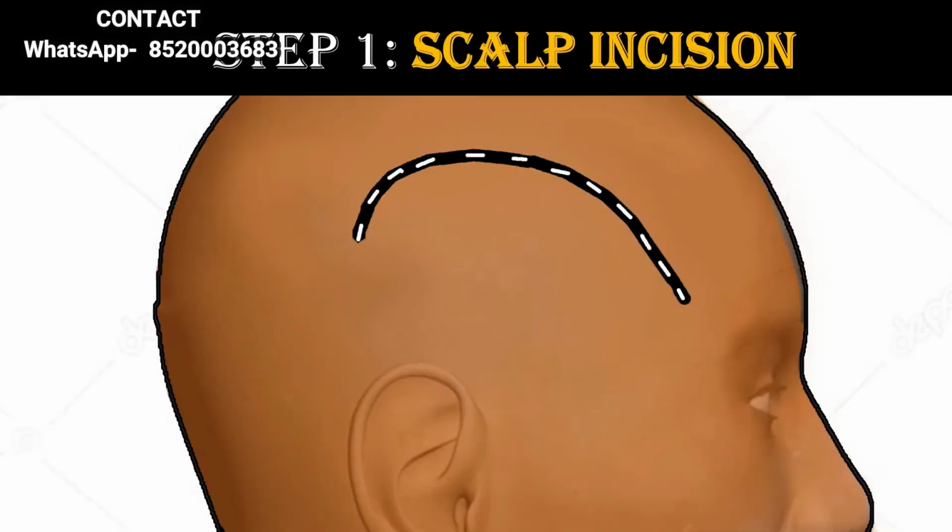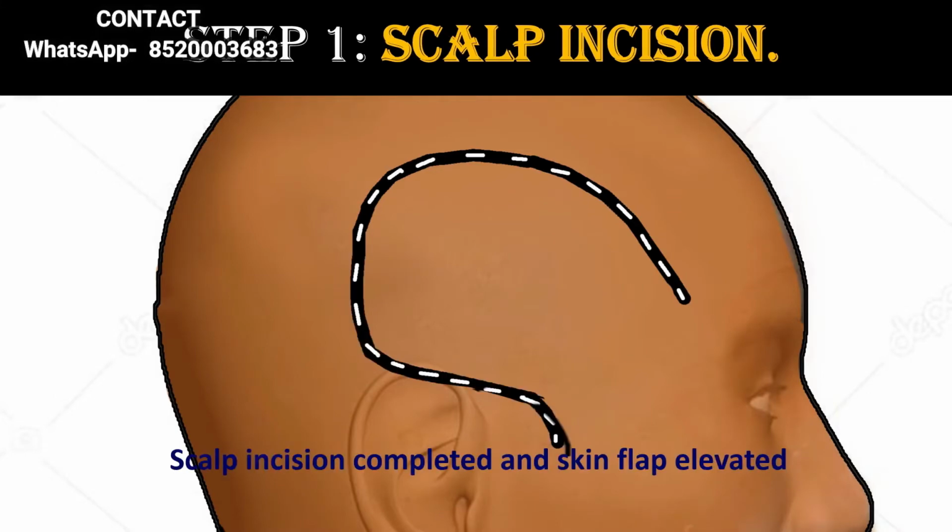So now let's come to the actual procedure which is done. The patient is given general anesthesia. After giving general anesthesia, the first step involves raising the skin flap. So the surgeon starts taking a skin flap. In taking the skin flap, the surgeon correlates the MRI finding. He correlates the location of the tumor on the MRI and takes an appropriate skin flap exactly overlying the brain tumor. The skin flap is completed.